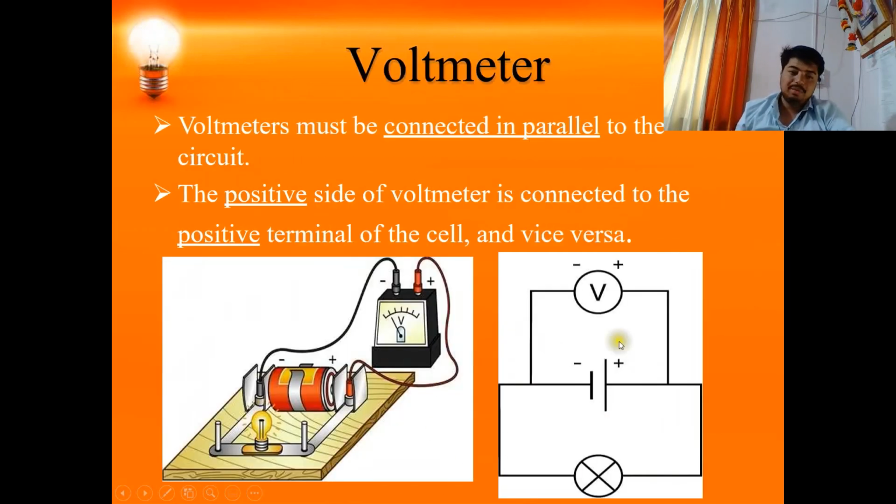Now the second one is a voltmeter. This device is connected in parallel to the given component. Here we have a battery as a power source, a bulb as a load, and in parallel we have connected our voltmeter. The positive of the battery is connected to the positive of the voltmeter, the negative of the battery is connected to the negative of the voltmeter, and similarly parallel to this battery the bulb is connected. Here our device shows the value of voltage across the battery in the working condition.